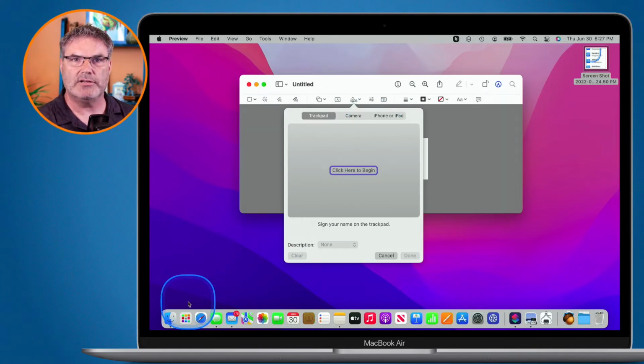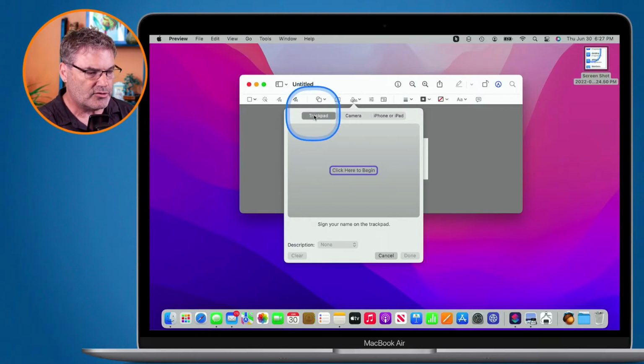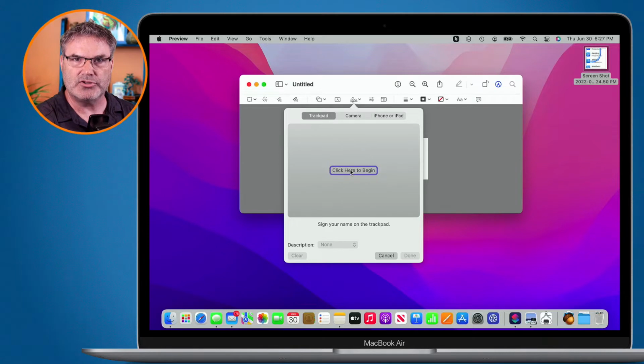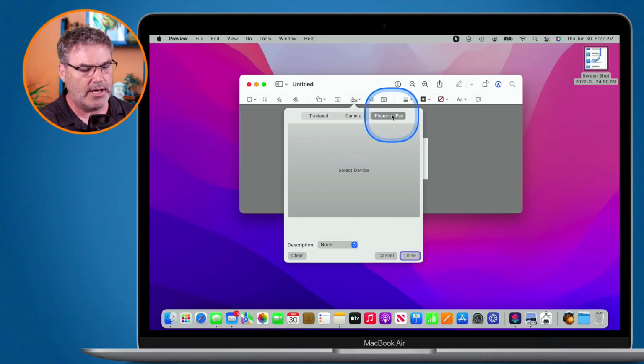So now I want to add a signature. We have a few different ways to do that. I can use the trackpad. If I go click here to begin, I can actually draw my signature on the trackpad. It'll be pretty good. You know, I'm pretty proficient on the trackpad, but it's not perfect. If you have a mouse, you could draw it out with the mouse. Again, depending on how proficient you are, you might get a pretty good job. But if you have an iPad or an iPhone that are signed in with the same iCloud account, what you can do is go to iPad or iPhone,